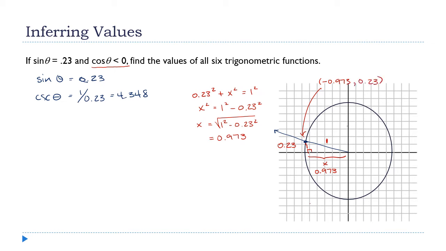And that's what I needed to know. Right, now I know the cosine of theta is negative 0.973, which means the secant of theta is 1 over that, which is negative